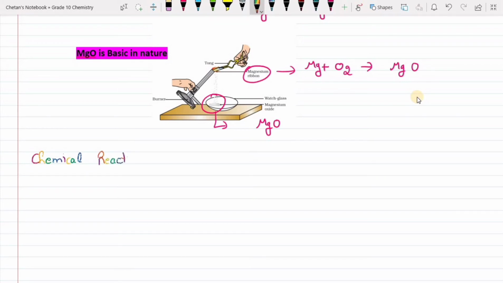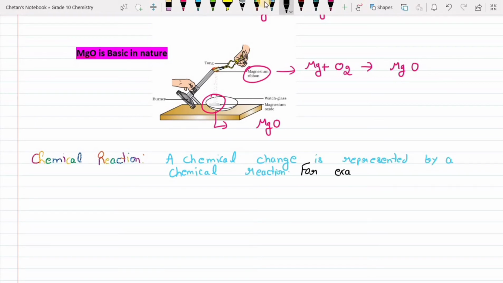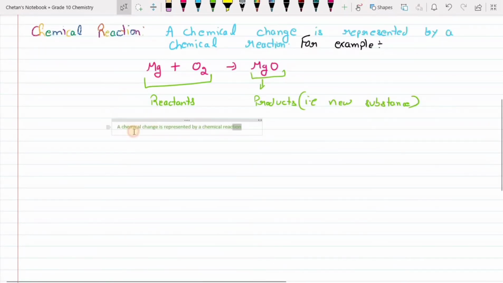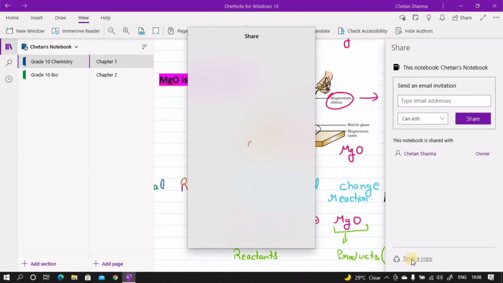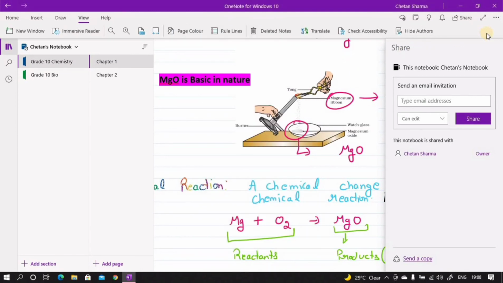You can write as much as you can. Let me fast forward, and I will not waste your time. I took these notes during the pandemic, and I'm sharing them with my students, as I'm a chemistry teacher. That was very helpful for me at that time, and in the present time also. So all these are the main highlights of OneNote. You can make it as aesthetic as you can.